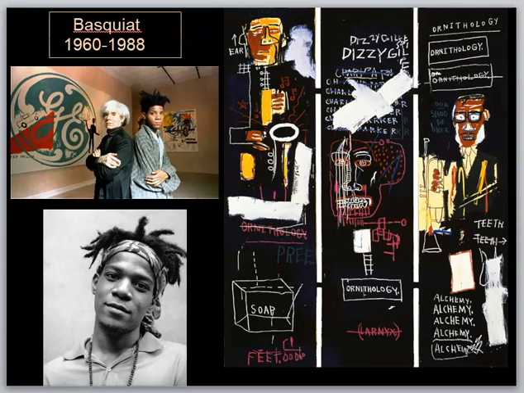He'll die of a heroin overdose when he is in his late 20s. It was hard for me to find a picture of Basquiat that showed him at all happy. The best that I could do is the one in the lower left, where he's coming close to a smile. Basquiat is an individual who had a sense, I think, of difficulty, of frustration, of being a black artist working in a white world. And when he did succeed with that, as we'll find out, I don't think it actually